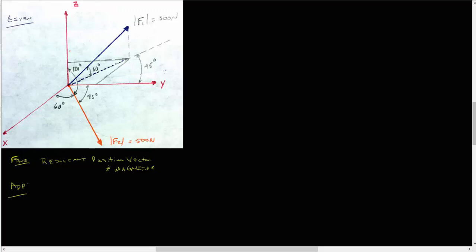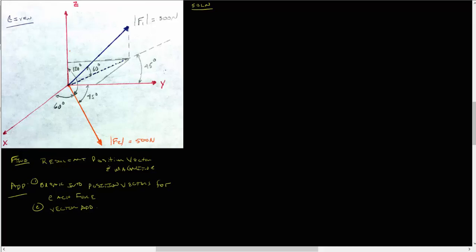So how I'm going to approach this, the first thing I'm going to do is break into position vectors for each force. And then 2, we're using vector addition. Alright, so then my solution. So when I'm looking at my solution here,